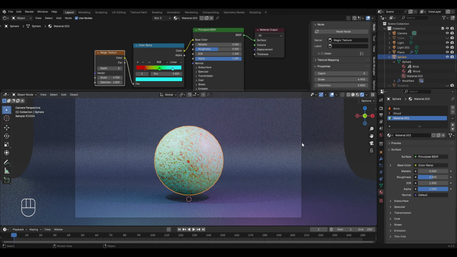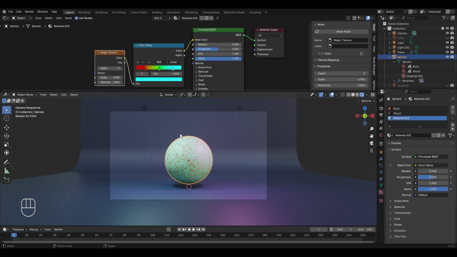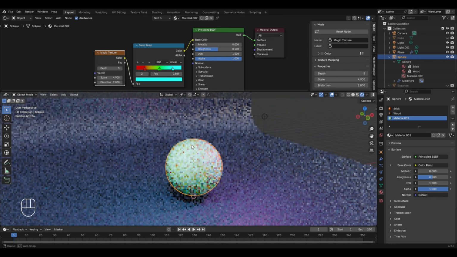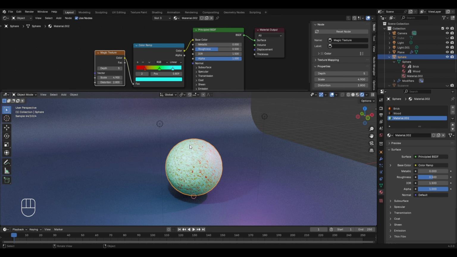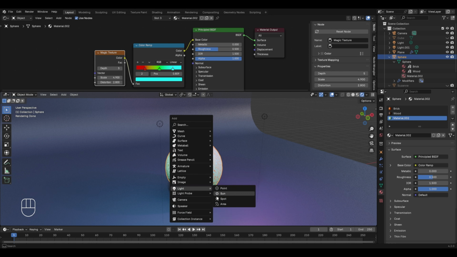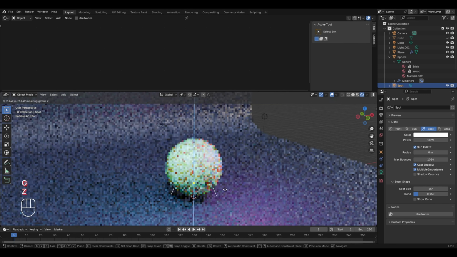To understand it practically, let's first add a spotlight in the scene. And yes, because I already told you that the IES texture node is used to impact the lighting in the scene, as a result, we'll be adding the IES node in the node system of the spotlight. So press Shift plus A, then go to light and select the spotlight. And yes, it's not compulsory to select the spotlight only. If you want, you can get similar results with the area light or the point light or the sunlight, but just for showing it with an example, I am selecting the spotlight. Let's move it up in the Z axis and place it over here.